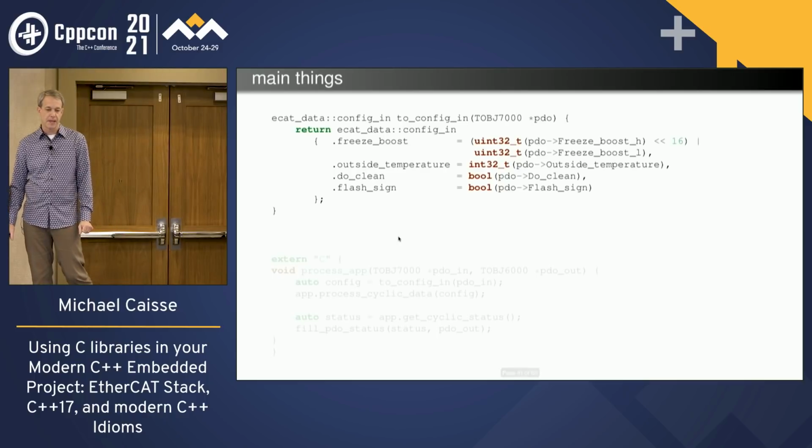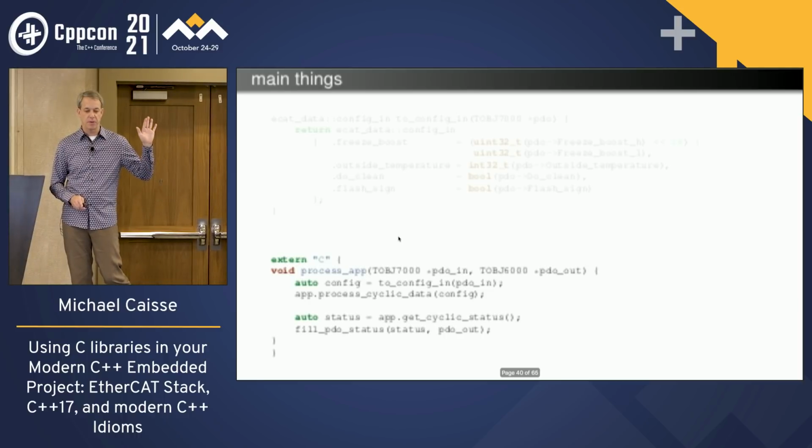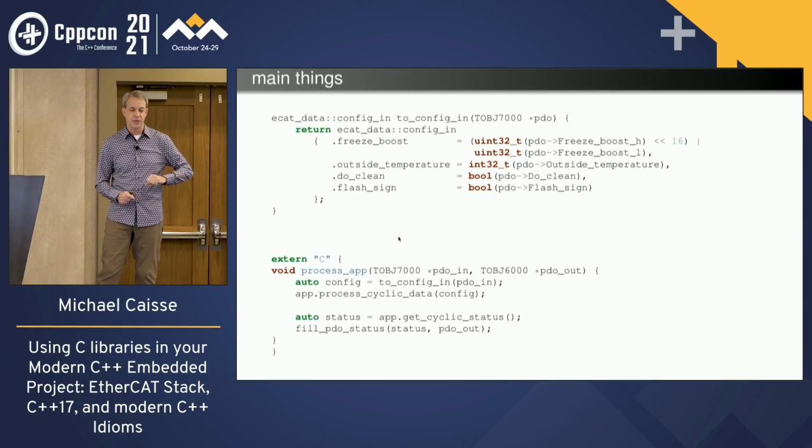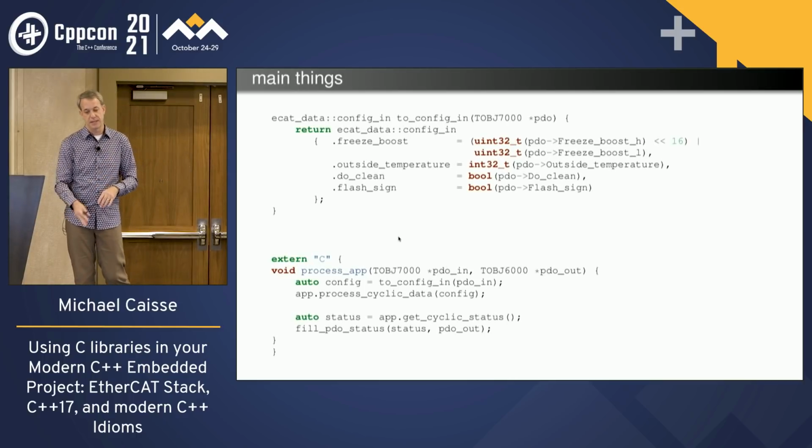I'm just going to grab that data and stick it in something much more reasonable as opposed to pointers to funky things with code-generated names, right? And so I'm going to grab that stuff, throw it inside of a struct, and now I have that in the struct. I do want to point this out. You can see I'm calling this toConfig in, and I'm passing it the PDO in, and I'm assigning that to config, right? That auto-config.